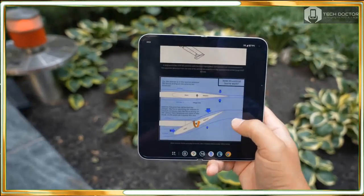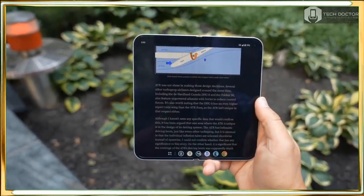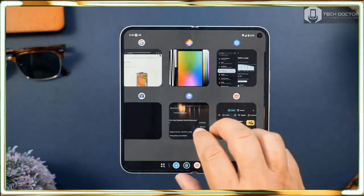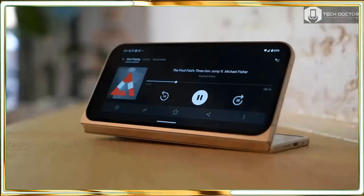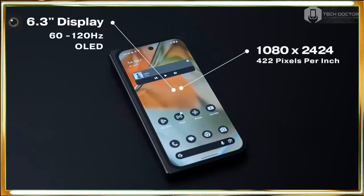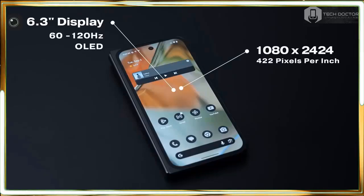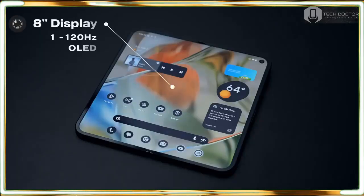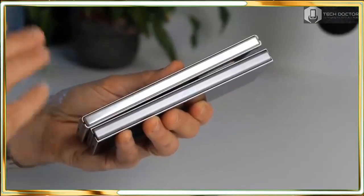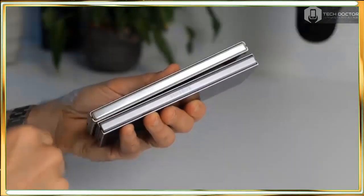In our benchmark testing, the 8-inch Super Actua display hits a peak brightness of 2319 nits, more than double the Pixel Fold's brightness, which is an impressive amount. Sure, it doesn't quite reach Google's claim of 2700 nits, but it's close. As a result, I am able to see the screen much more easily on a sunny day than any other